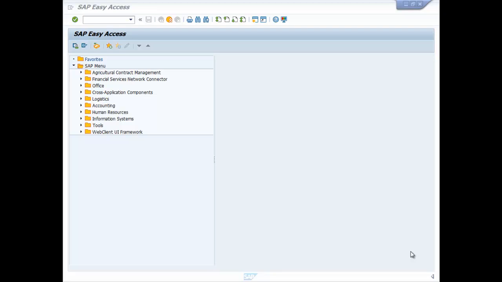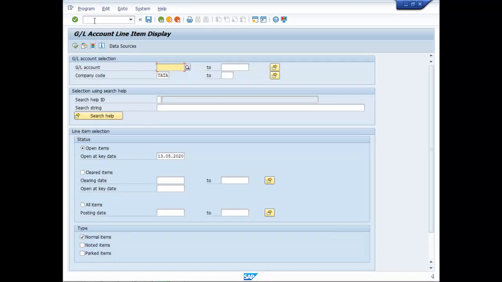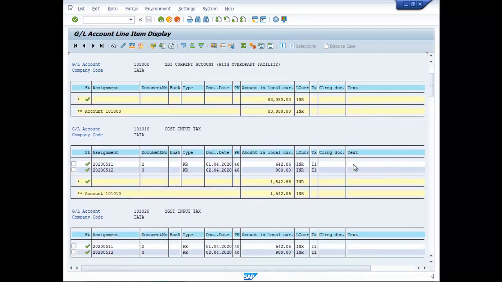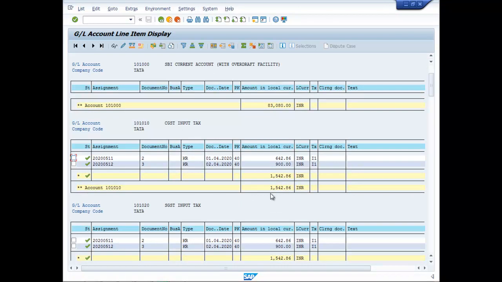ITC adjustment of GST. Let us first go to FBL3N. Now this is the SBI current account. Next comes your CGST input tax. In CGST input tax the balance is